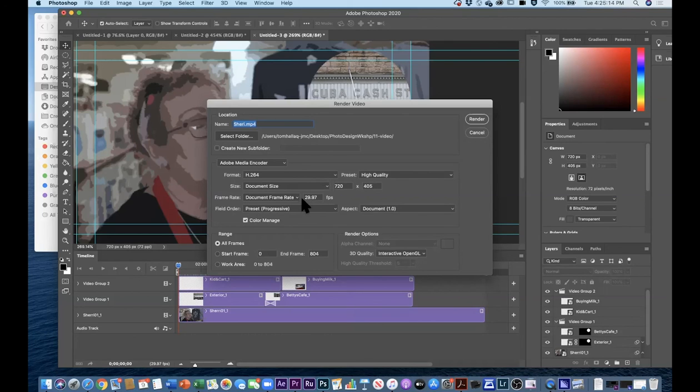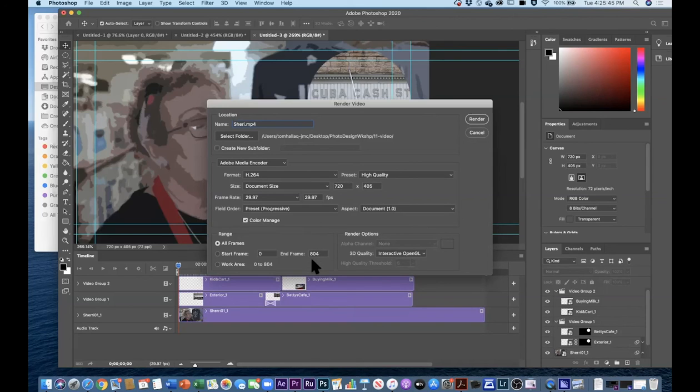And the frame rate for standard video, 29.97 frames per second is typically what we want. You want more of a film look, you might go down to 23.976, or if you're working in Europe, 25 frames per second is standard. But for our use, we'll just stay with 29.97